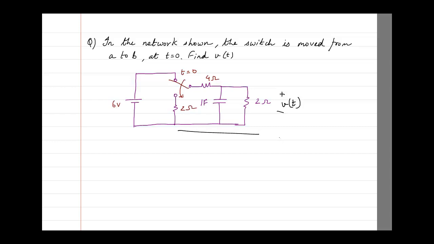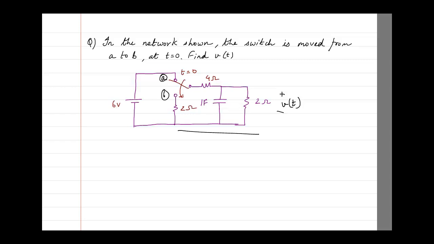Now the thing is, here we are missing one statement: this is A and this is B, and it has been in position A for a long duration of time, for a steady state. It has remained in position A and achieved steady state. That statement is totally missing, but it does not matter because it's well understood.